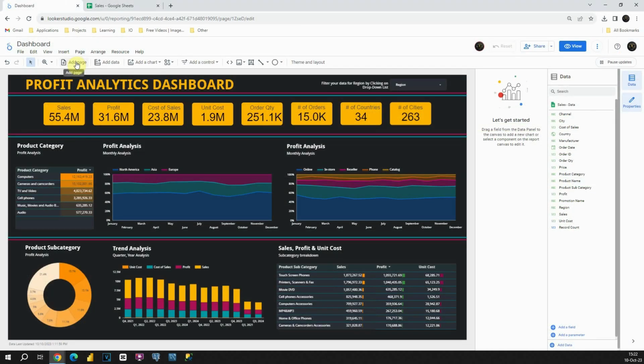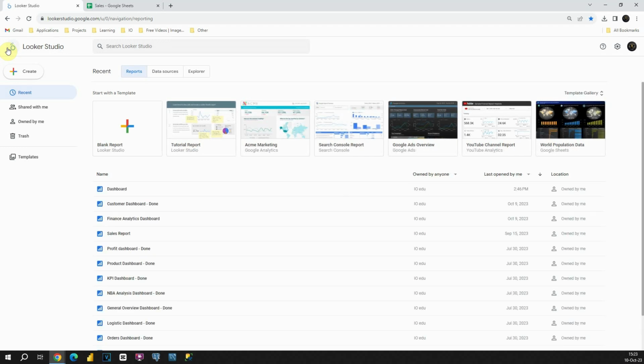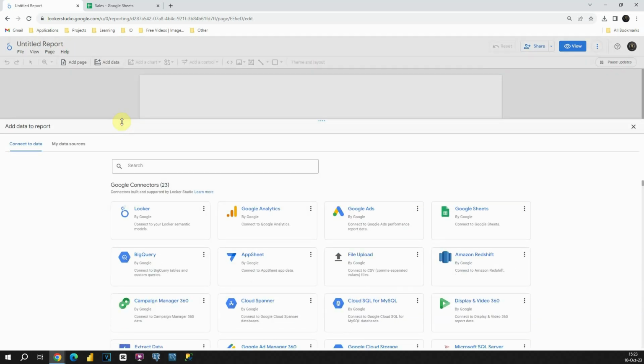To do that, I'm gonna go to the Google Looker Studio homepage. I will be able to go there if I click on this button here. Let's click on that and I will be able to see this homepage. Basically, as you can see, I have a lot of different dashboards here, but this time I will be creating a new one. Let's click on this blank report button